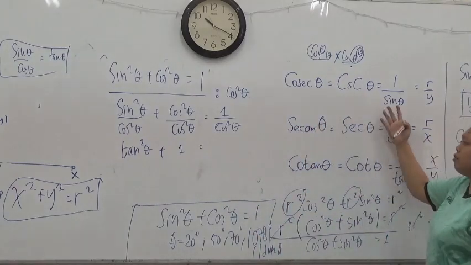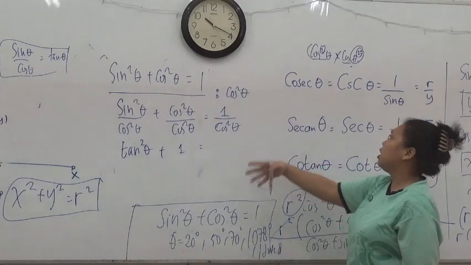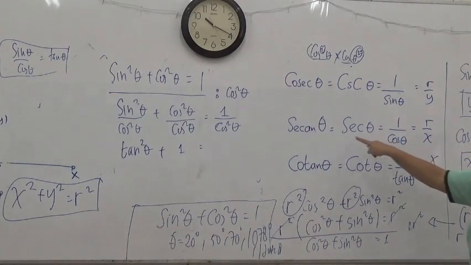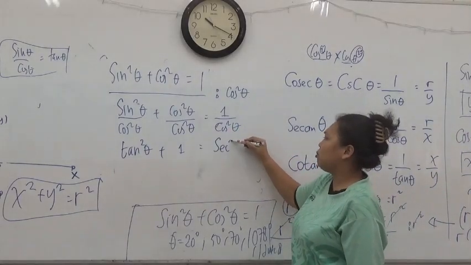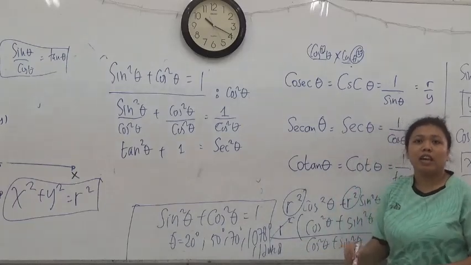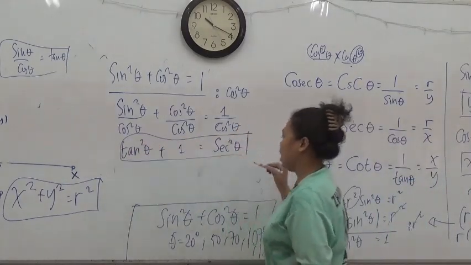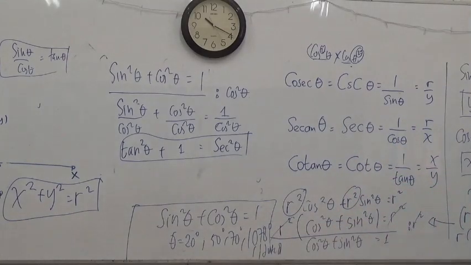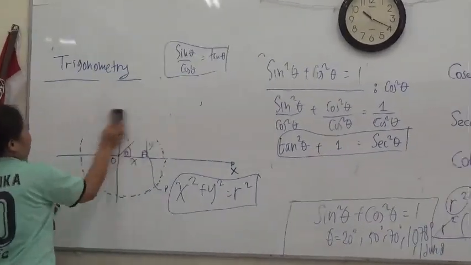Now, we use this information beside to help us divide what is 1 over cos square theta. We check which one is 1 over cos. 1 over cos is secant, but I have 2 under. It's just the same as secant to the power of 2 theta. Is that okay? So this is another identity that we might have only by using this main identity of trigonometry. So now we can move to the last identity for today,